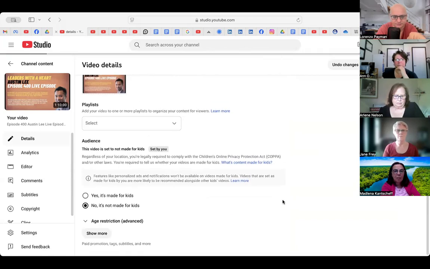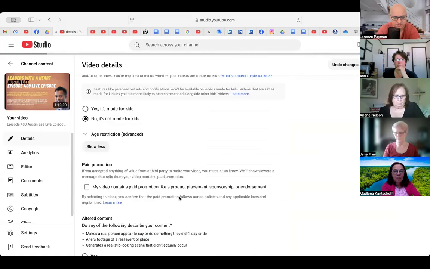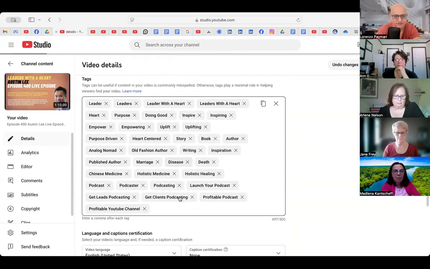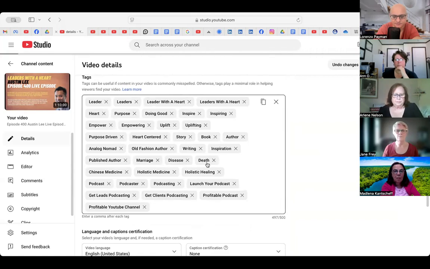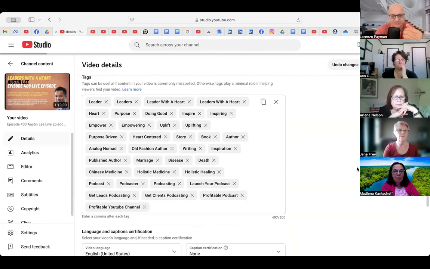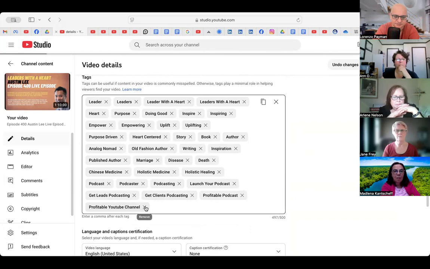Another thing I like to do, at the bottom of the show more, you go down and you can add tags. These are for SEO. So you add whatever tags are relevant for you and relevant for your guest, like their brand, the topics, and so on and so forth. These are very simple to do. Literally, let me show you one. What was the one that I just deleted? Damn. Okay.